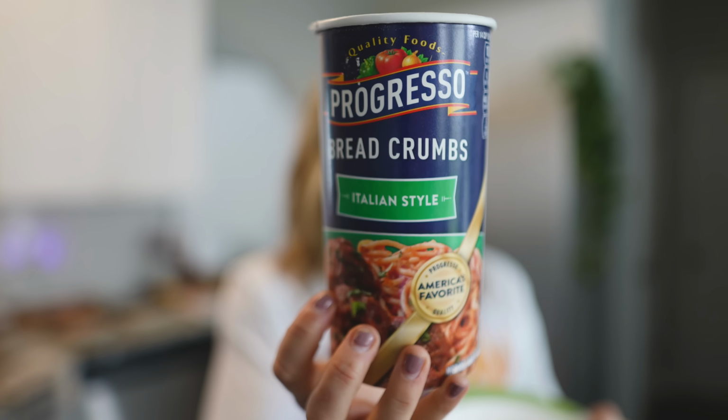Dredging the chicken in the egg mixture, I'm just using Progresso Italian breadcrumbs. You can use whatever breadcrumbs you want. You could even be super fancy and make your own, but I'm about the lazy lifestyle. So then we're just going to take the chicken. I like to just shake it up in the breadcrumb mixture, let it sit for a second,